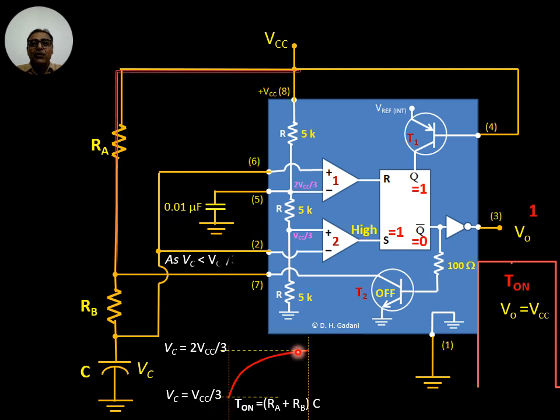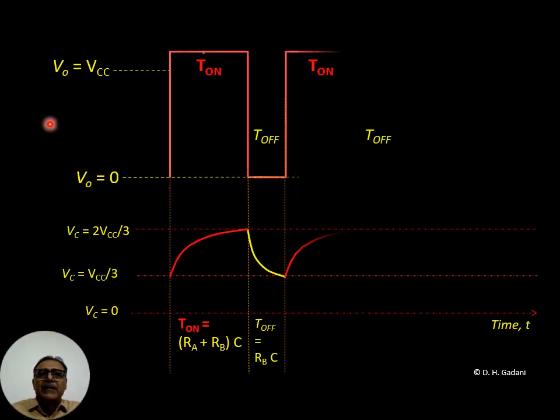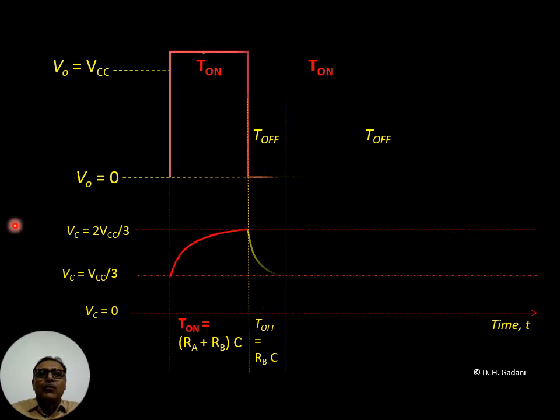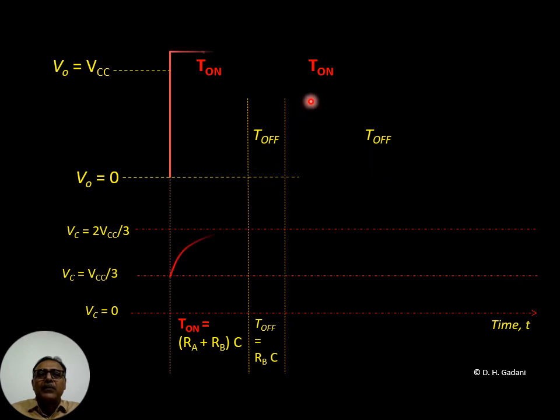This way, the on and off cycle of the astable multivibrator continues as per the charging and discharging of capacitor between VCC by 3 and 2 VCC by 3. This figure shows the charging and discharging cycle of the capacitor corresponding to on and off time of the output